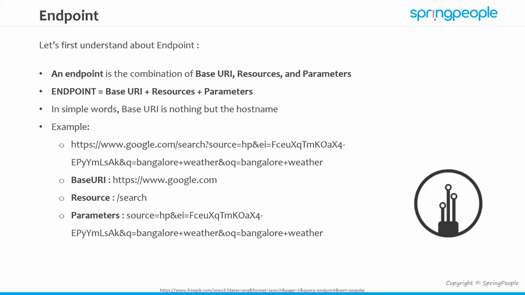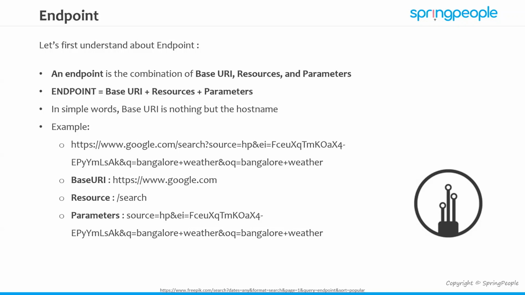Let's understand endpoint first. The whole API, we call it an endpoint, but an endpoint has certain different parts: base URI is one part, resources is the other part, and the parameter is the last part. In simple words, base URI is nothing but the host name or the domain name. Here you can see in the example HTTPS, which indicates whether the connection is secure or not, and then